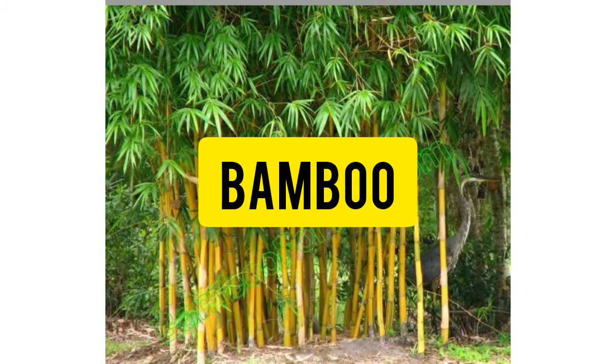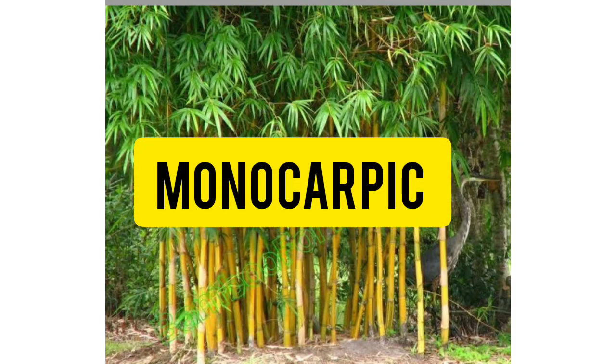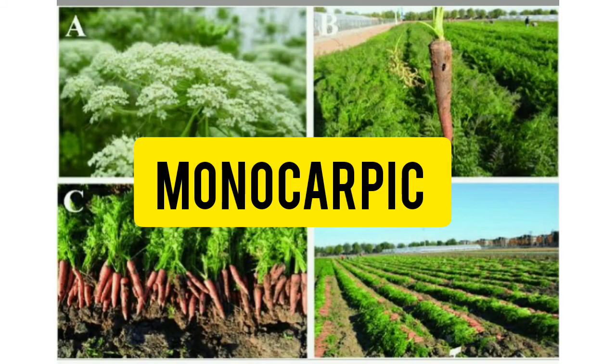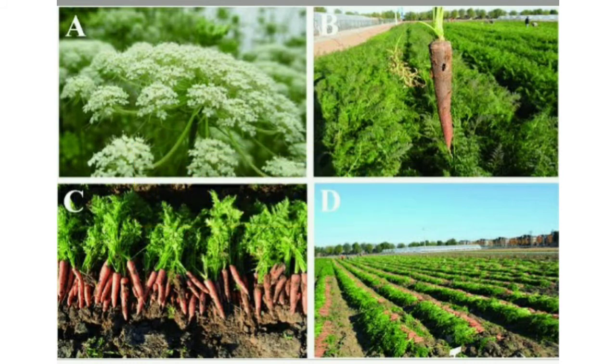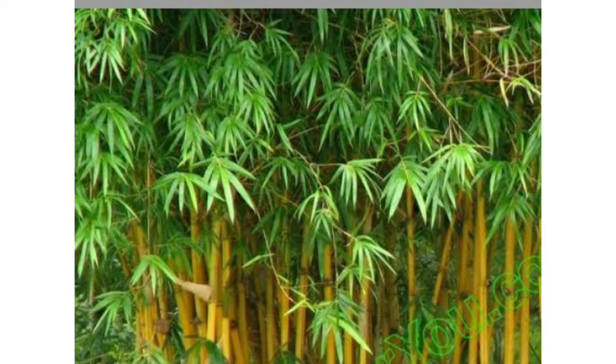Some exceptional cases are there. For example, bamboo and century plant, Agave americana, are perennial plants, but they are examples of monocarpic plants, because throughout their lifespan they produce flowers only once, at the end of their life. For example, bamboo species flower only once in their lifetime, generally after 50 to 100 years, produce a large number of fruits and die.